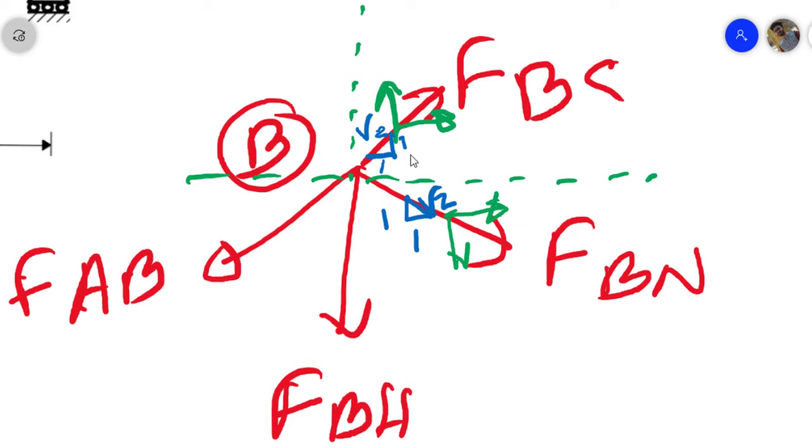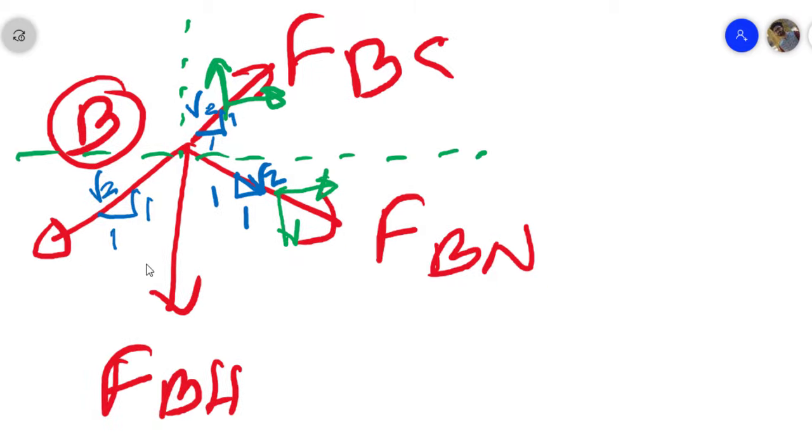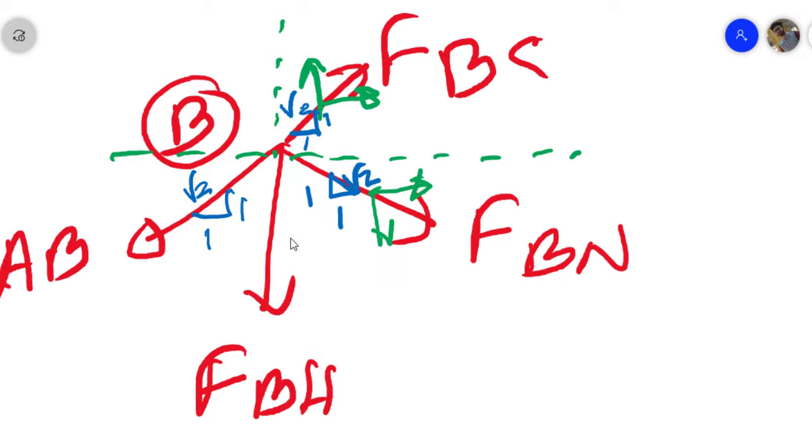And we saw that the triangle is here also 1, 1 and root 2. And actually what will be the components' direction? FAB is in this direction, that is why FAB has one component in this direction and another one is downward. Now if you take summation of Fy equals 0, what will you get? Summation of Fy equals 0. This is in the y direction but the magnitude is 0.